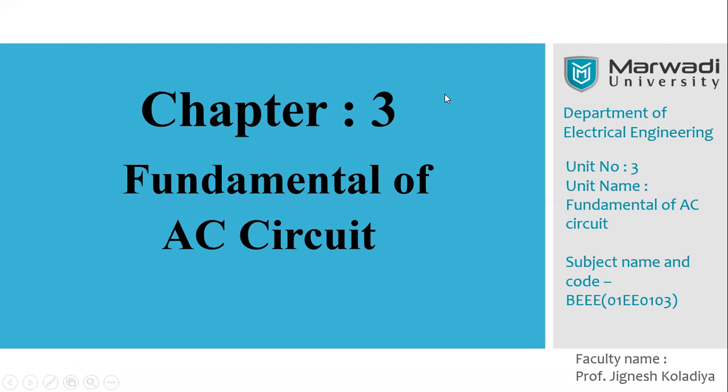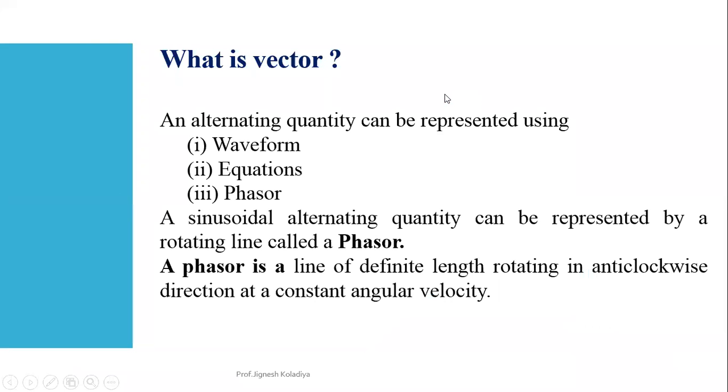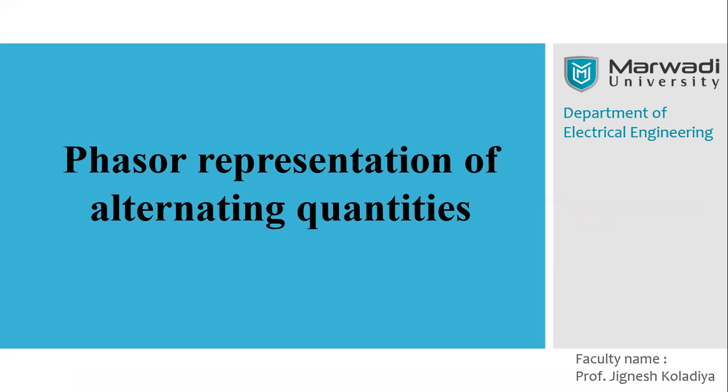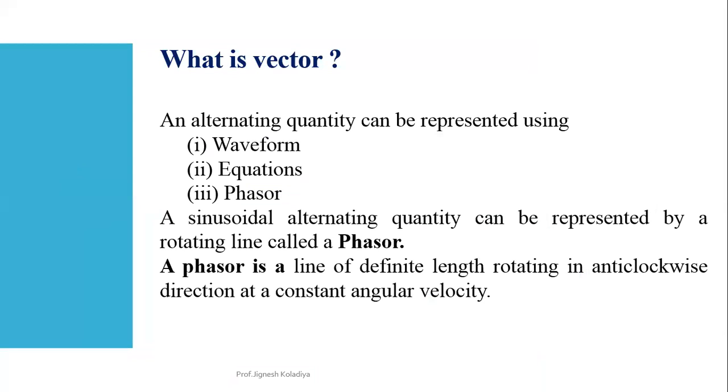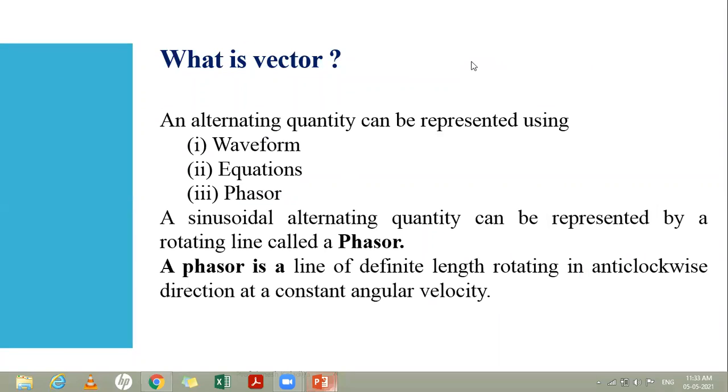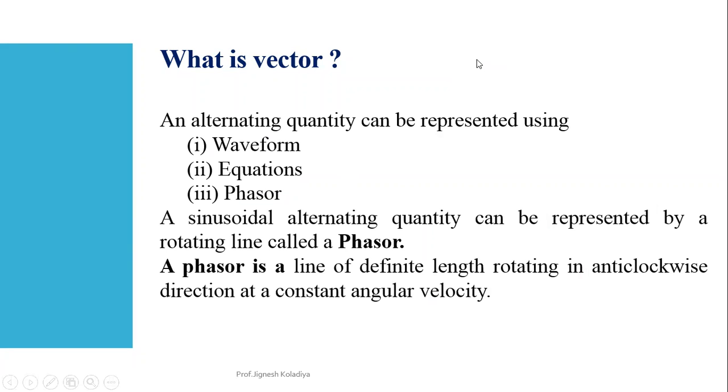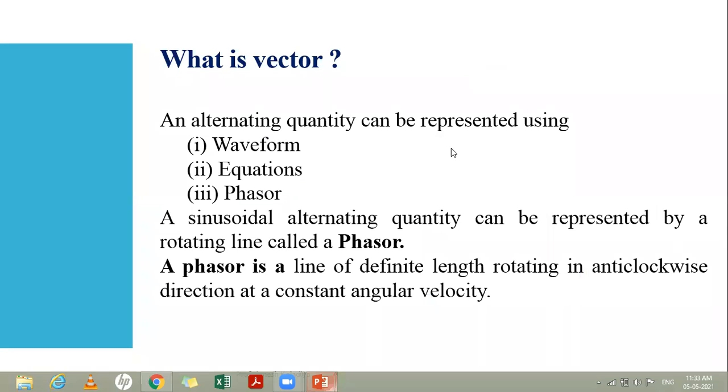Okay, so in the previous session, we started the phasor representation of alternating quantities, right? In that, we have seen how we can represent a sinusoidal quantity by using the phasor. Along with this, we have seen vector addition, different methods for vector addition, out of which we have seen two different methods. The first one is the waveform addition method and the second one is the parallelogram method.